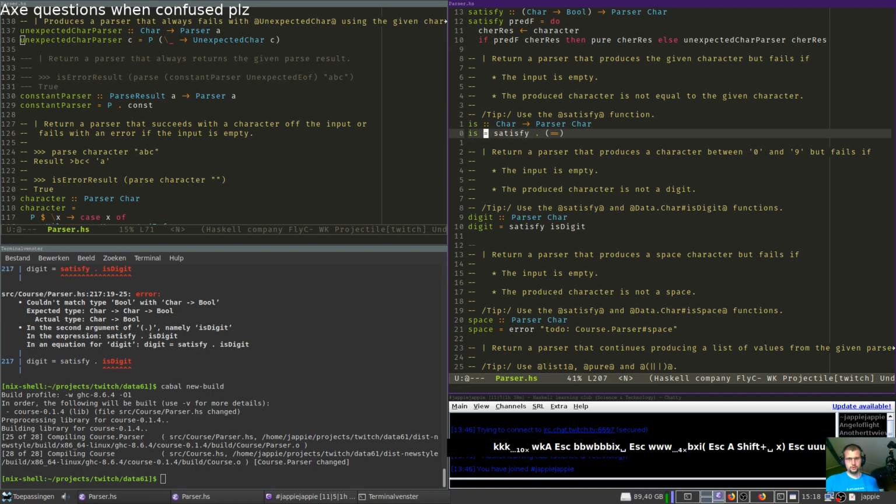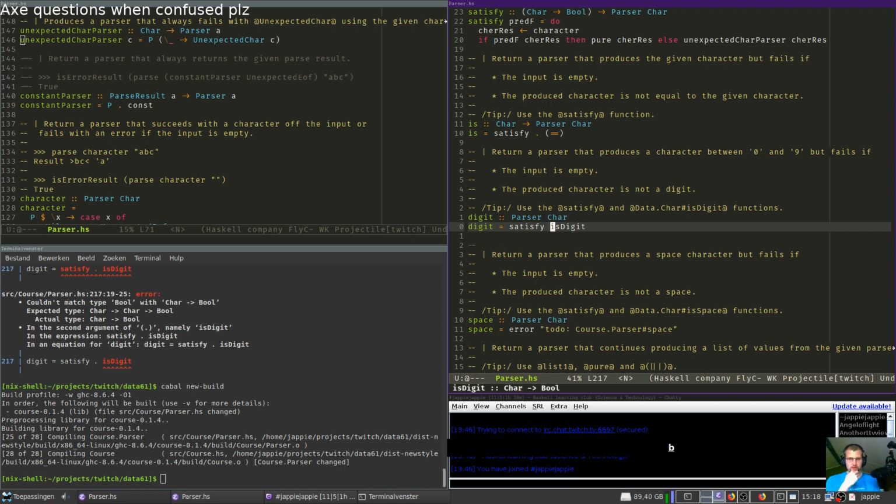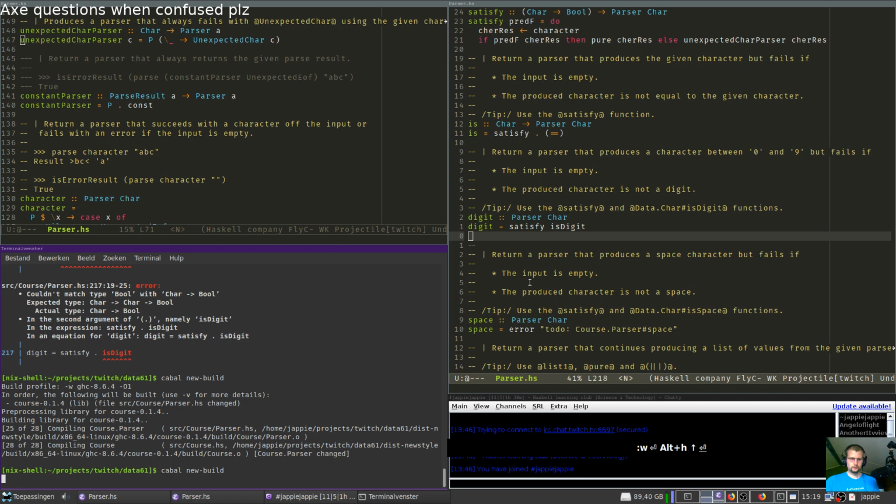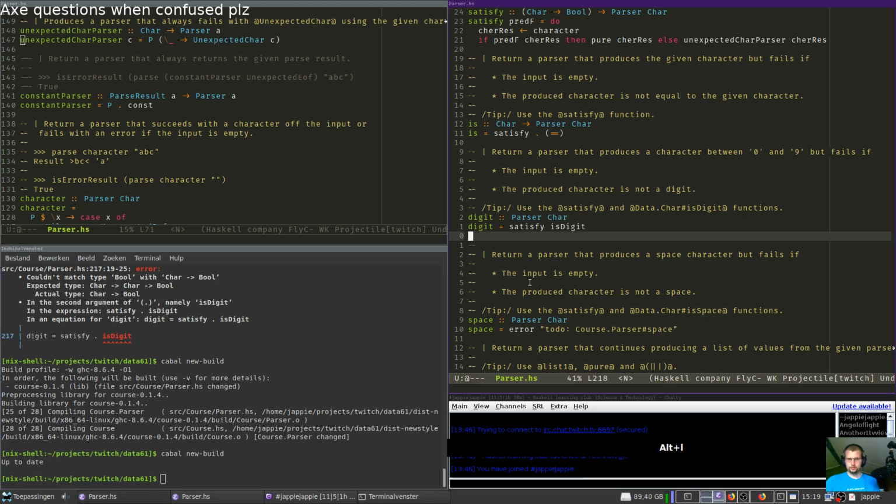But if you compose, that's what you do with compose. In this case, we don't need to do this because we don't even get any arguments. So isDigit is just an argument to satisfy of type char to bool, which fits in here. It's the predicate. Good, we got a code reuse.